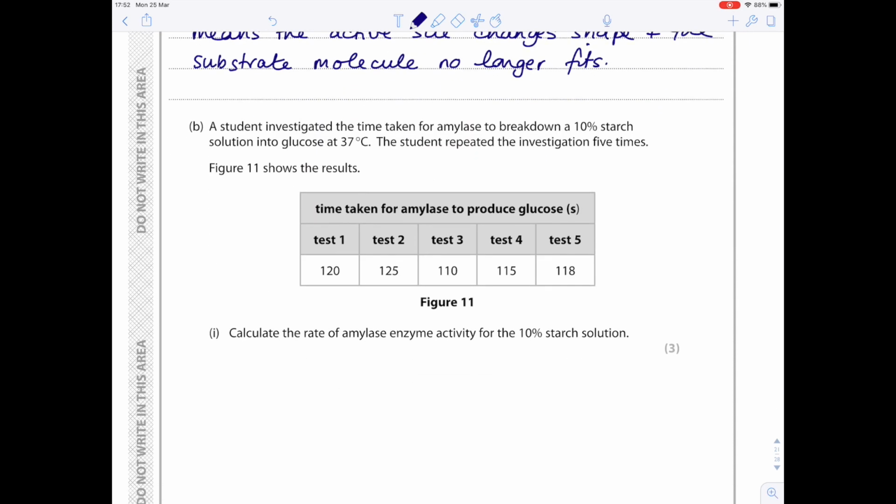The student investigated the time taken for amylase to break down 10% starch solution into glucose at 37 degrees. The student repeated the investigation 5 times, and figure 11 shows the results. Calculate the rate of amylase enzyme activity for the 10% starch